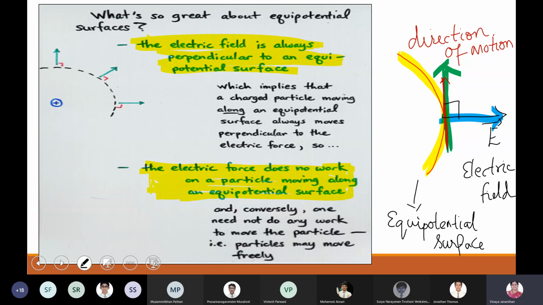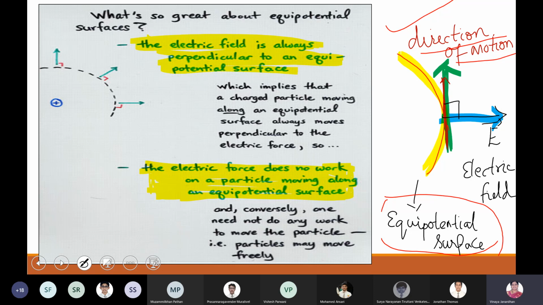So look at this, boys. Second one, can you see this diagram, what I have drawn? So suppose an electric charge moves along an equipotential surface. I have specified your equipotential surface by the highlighted yellow circle, the semicircular part. Now suppose a charged particle moves along an equipotential surface. Can you see at each and every point, it's a circular path, that this is the direction of the motion of the charged particle indicated by the green arrow?